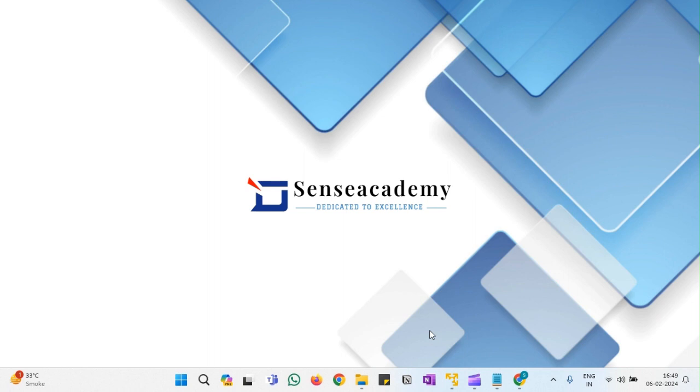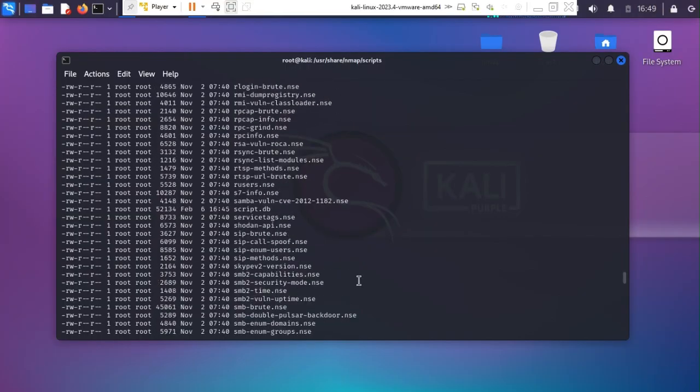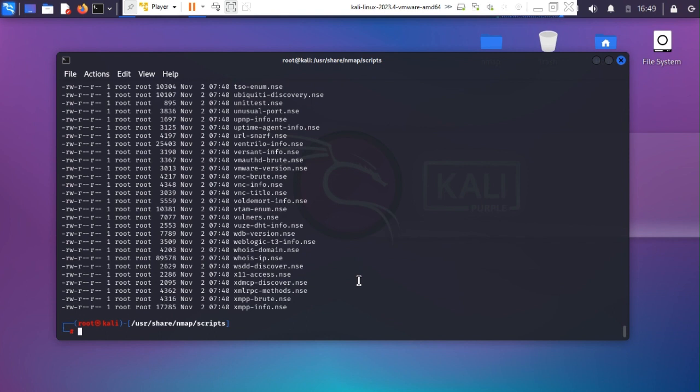Enumeration is also known as information gathering, but it's beyond information gathering, because in enumeration not only are you gathering the information, but an active connection has been made to the target by you. So that's the reason we call it enumeration, though it's a kind of information gathering. So let's begin with the very first enumeration,